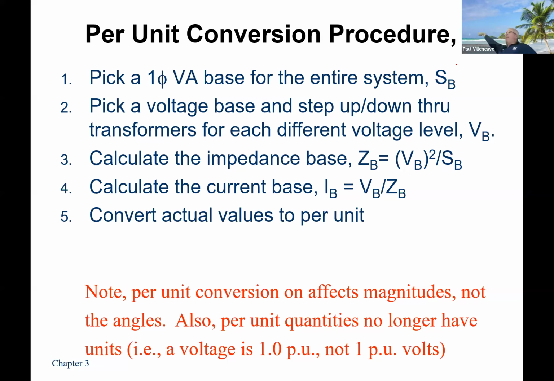Then your next step is to pick a single voltage base at a particular location. Why at a particular location? Because as you move through transformers, that voltage base goes up and down, doesn't it? The transformer does change that voltage. So if you have a 100 kV system or 100 kV transformer that steps down to 20 kV, if you're running your system at 100 kV, on the low side of that transformer, the voltage would be a nominal 20 kV. But if I did it as a ratio, a per unit,